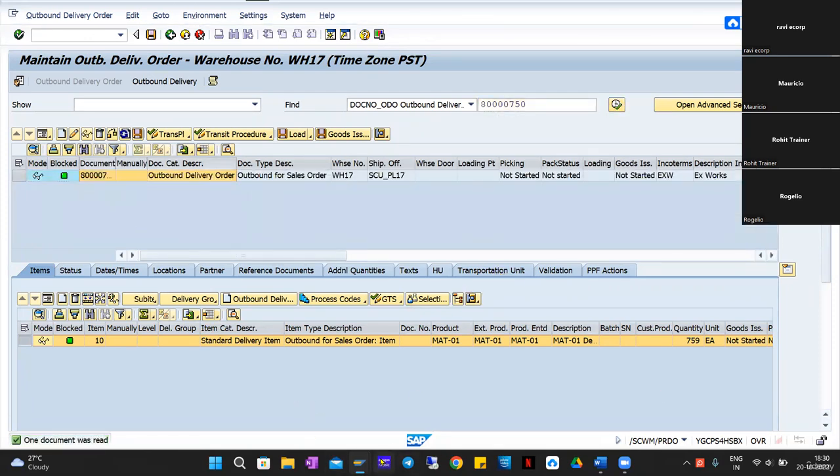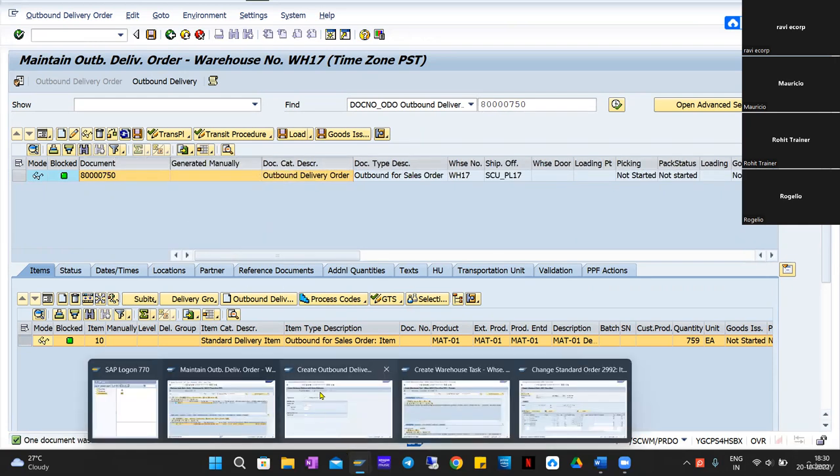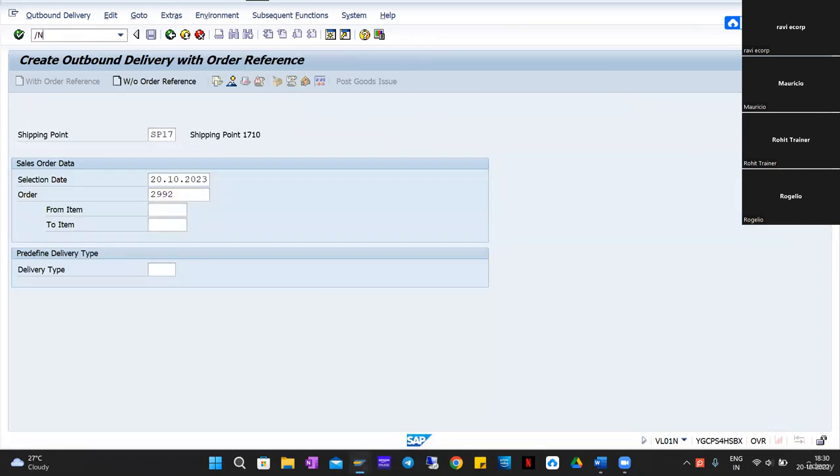Okay, so now it is working. Outbound delivery and inbound delivery are there. So it is working. So what we'll do is first we'll try to explore the settings or the config settings